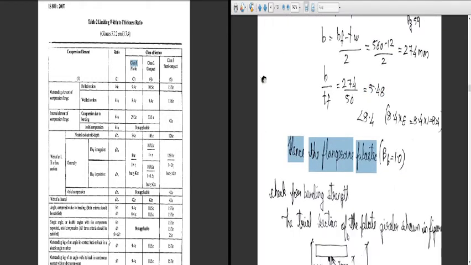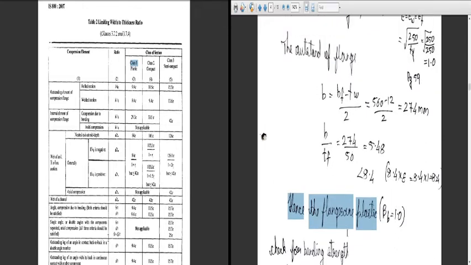Okay. So this is how we have to do. Now, here you can see the other ratios also. If it is greater than 8.4 epsilon and less than 9.4 epsilon, then it is compact, class 2. If it is greater than 9.4 epsilon and less than 13.6 epsilon, it is class 3, semi-compact. And if the ratio is greater than 13.6, then it is slender. Now, as we got the value less than 8.4, it is plastic. And if it is a plastic section, the beta b value is 1.